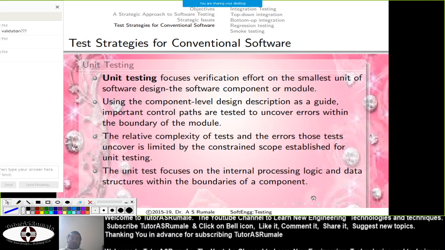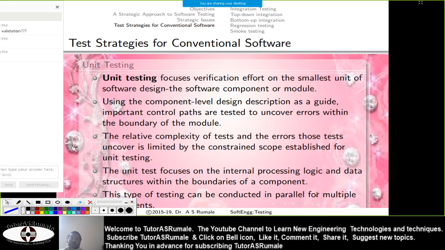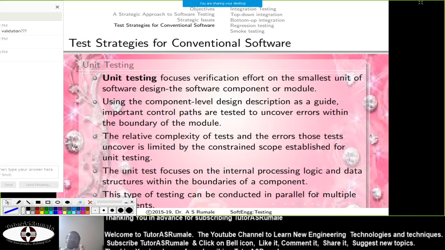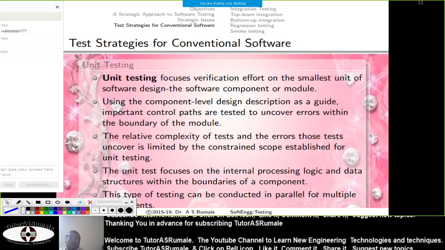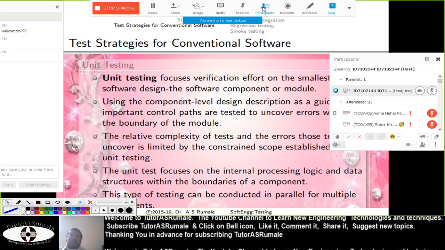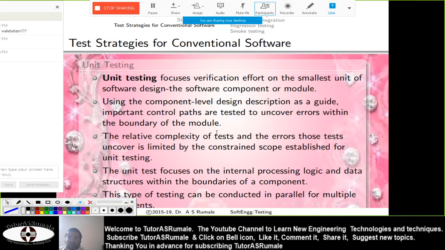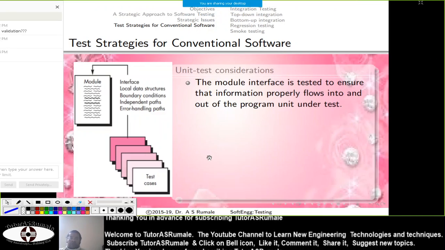Unit testing is actually conducted in parallel, because whenever you design or develop a part of your software, you can go for the unit testing. And so this is what we are seeing.